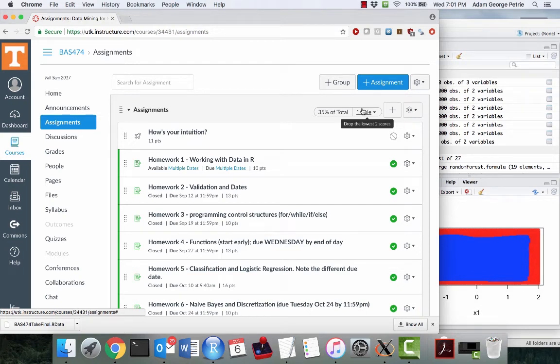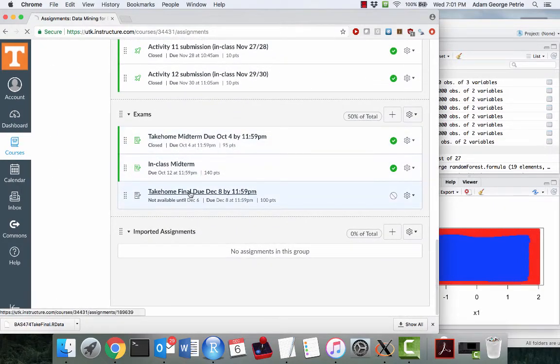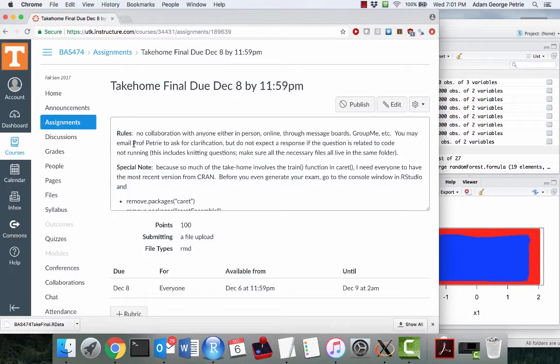Here's how to get yourself set up for the take-home final exam. So head on over to Canvas and to the assignments page, and at the very bottom you'll click on the take-home final. So the rules of the exam, just as a reminder, no collaboration with anyone, either in person, online,